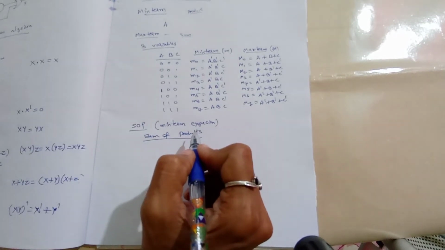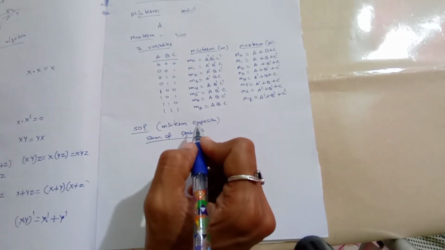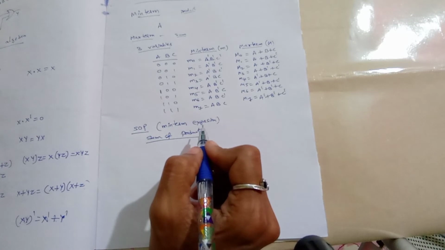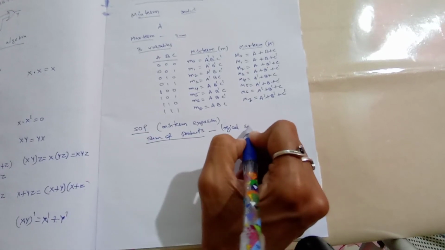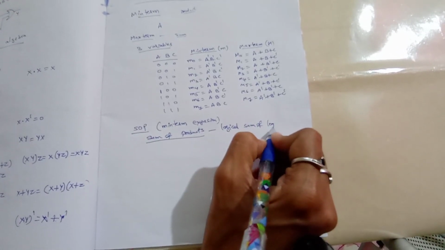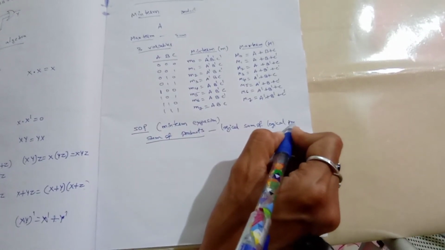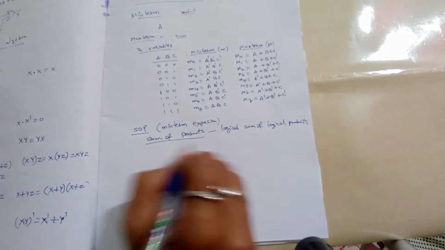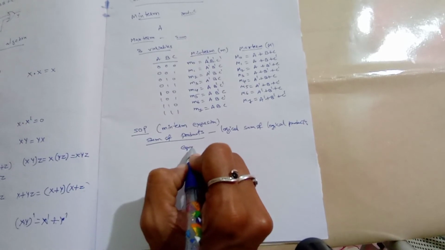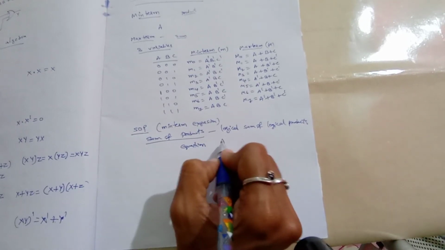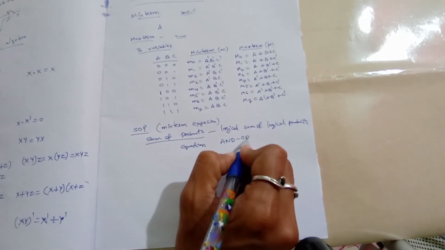That is a Boolean equation, that is logical sum of logical products. This is the logical sum of logical products, that is the sum of products. That means the expression, that is the equation, applies AND-OR circuit.